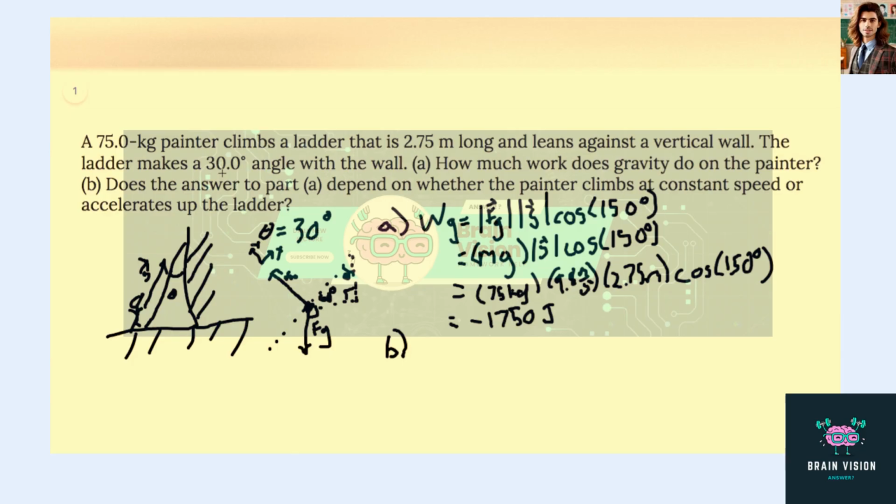In part B, it asks, does the answer to part A depend on whether a painter climbs at a constant speed or accelerates up the ladder? If we look at our expression for work, it's only dependent on the magnitude of the displacement, the magnitude of the gravitational force, which is only dependent on the man's mass and the gravitational acceleration, and then the angle of them will not change based off of the man's velocity or acceleration. So in this case, we have a no,